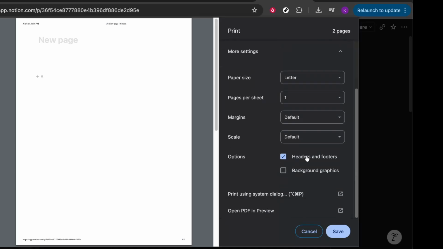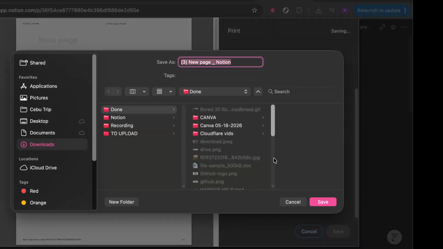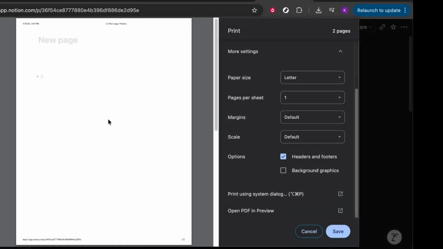Before proceeding, ensure that your printer is connected, powered on, and stocked with paper. Double-check these practicalities because there's nothing more frustrating than realizing your printer isn't ready after you've initiated the process. Once everything is in place, hit that final print button within the dialog box. Your printer should whir into action, delivering you a tangible copy of your Notion page. And there you have it, a straightforward, effective